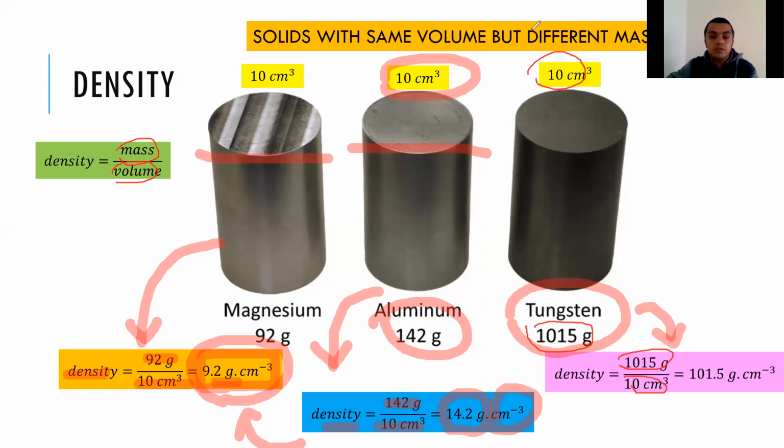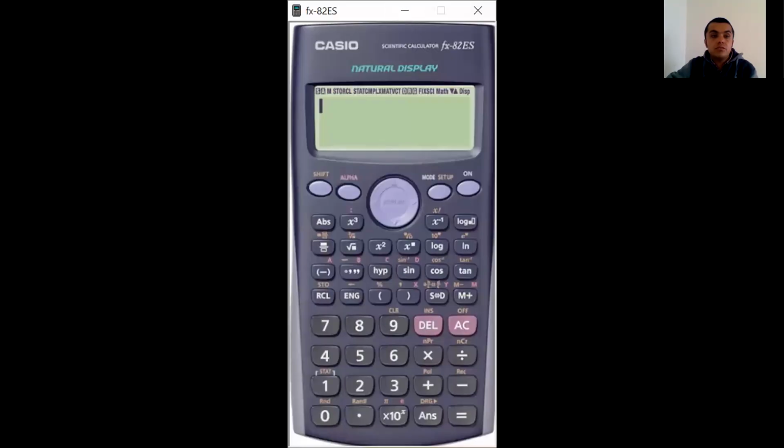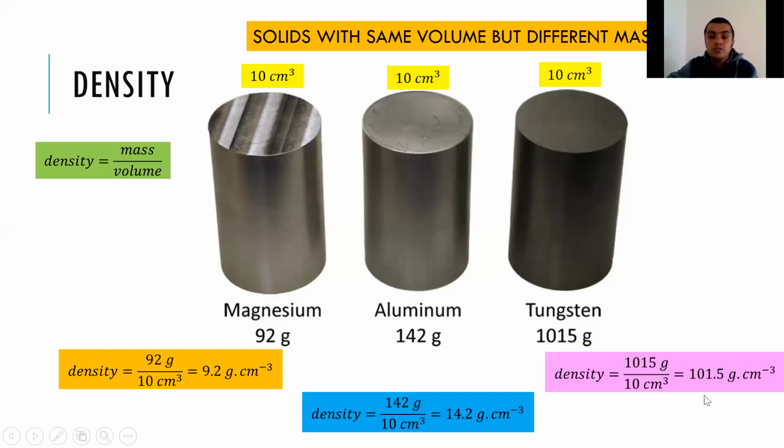Where is my calculator? Okay, now you can see the calculator on your screen if I'm not mistaken. Let's check one more time. So it is 1015 divided by 10. That's equal to 101.5. Look here, as you can see on your screen, 101.5. So which means that if I take a piece that's equal to 1 centimeter cube,